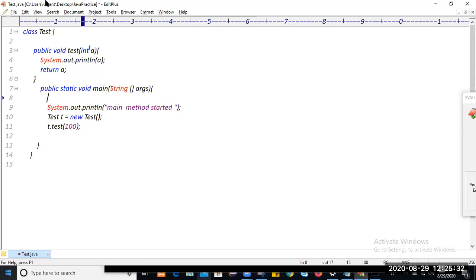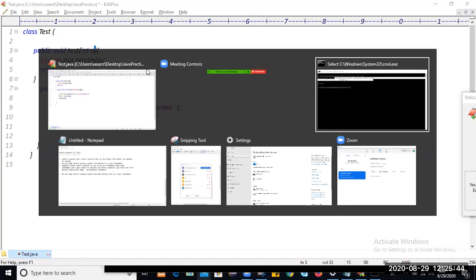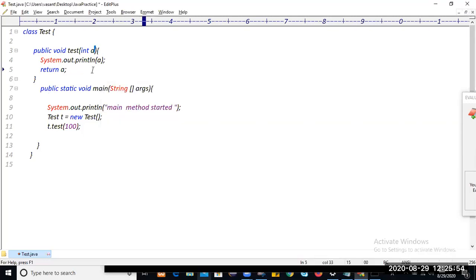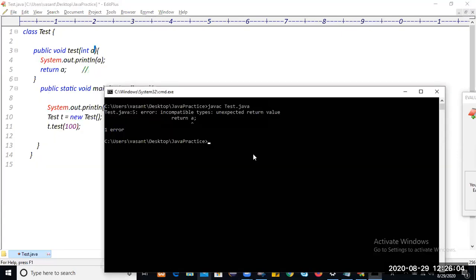Okay. Right. For this, just write down. Whenever a method will return a value, the return type of the method should be the type of value we are returning from the method.